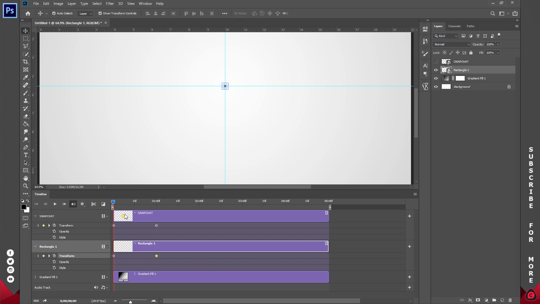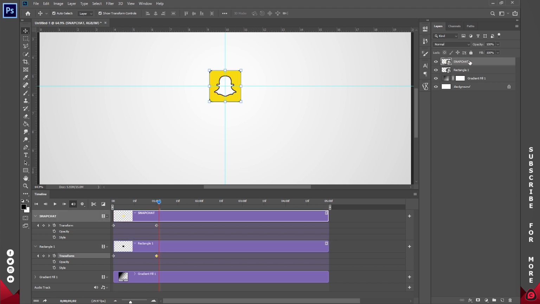And if I go ahead and play this, this is what I get, looking quite nice. If I turn on the eyeball for the Snapchat, this is how Snapchat looks. So Snapchat is bigger, then it becomes smaller, whilst the rectangle is smaller but becomes bigger. Now that is cool. So now that we have that, make sure that the Snapchat layer is on top of